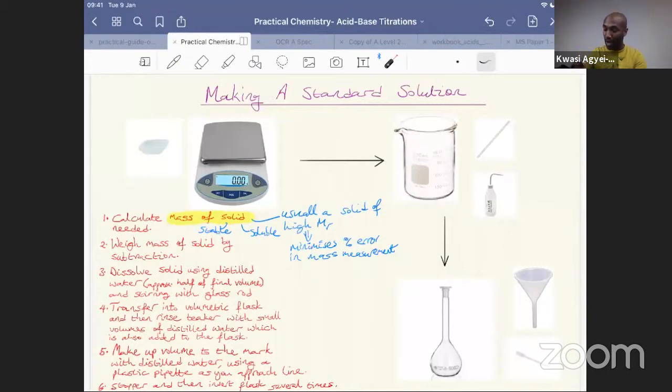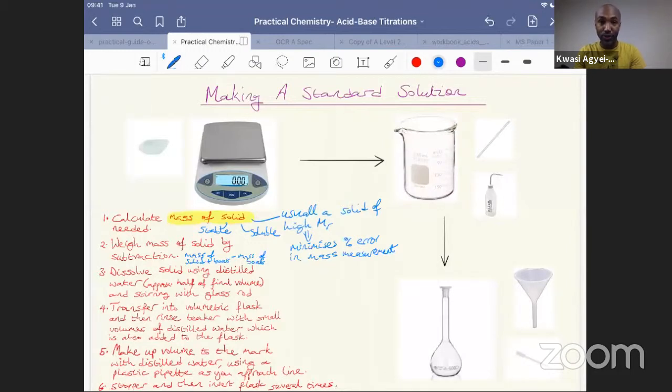Okay, so weigh by subtraction. This is very important because we need to know exactly what mass we're going to dissolve in our water to